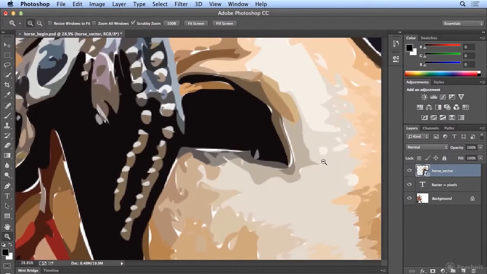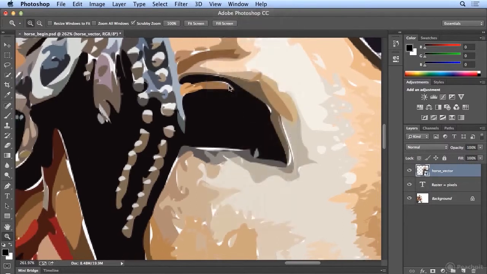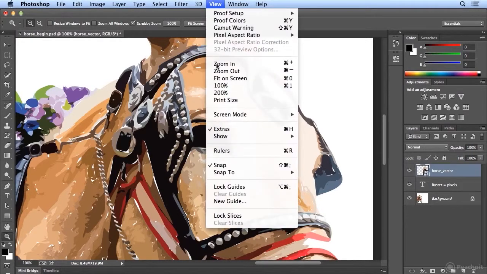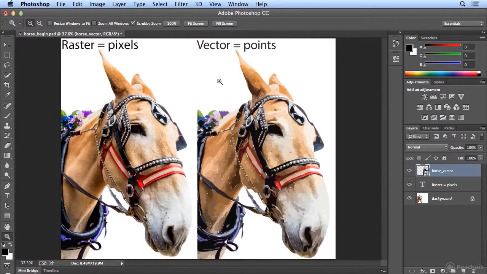I'll click and drag on the vector to zoom in, and when I'm zoomed in here, it may look like pixels, but that's because it's picking up the original resolution of the original horse. So don't worry if you see pixels here. If I go to View, 100%, it should be sharp and crisp and clean, depending on your Photoshop file size resolution. Now I'll choose View, Fit on Screen,